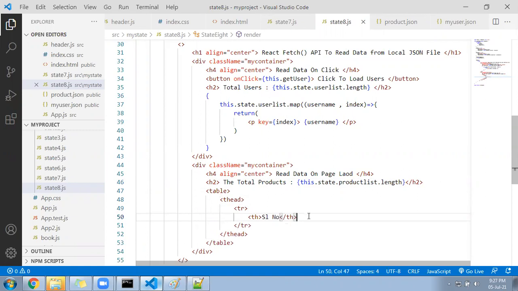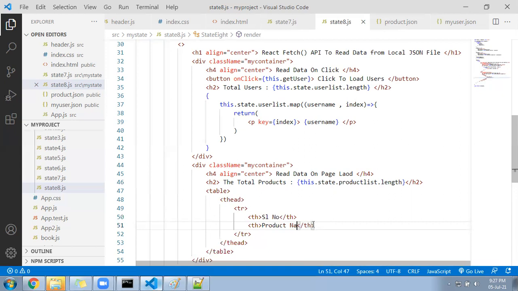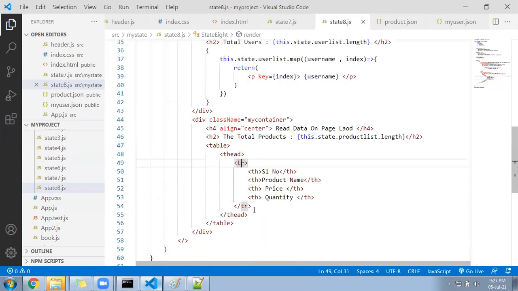Next th we can add product name, third th we can add price of the product, and the fourth th I'll add quantity of the product. Okay, now after that, let me show you the user interface, how it looks.